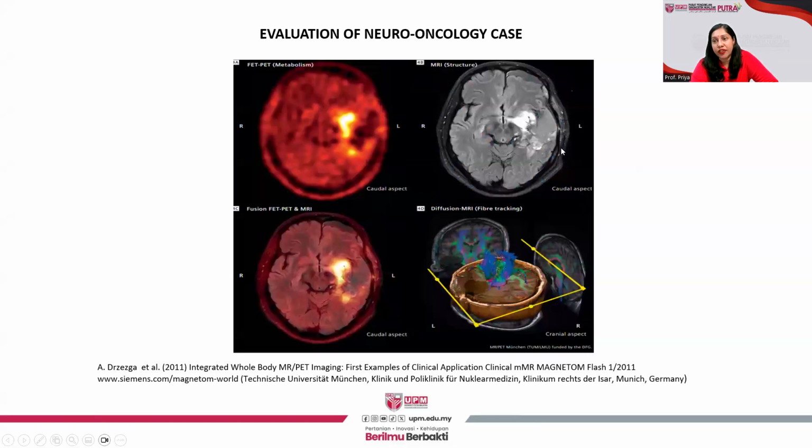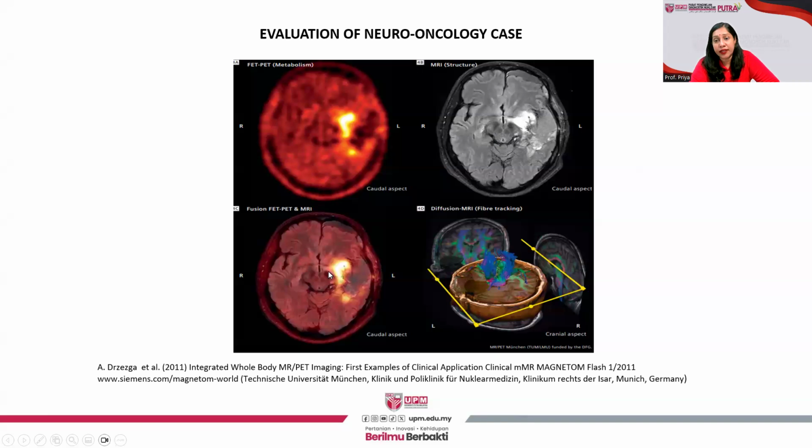Another example of clinical application of PET-MR is in neuro-oncology, whereby we can see in this patient who had a known glioma on the left side of the brain had a resection. And this scan was performed post-excision of the lesion to detect whether there was any residual tumor. Having this MR imaging actually detecting some high signal intensity in the left cerebral cortex indicates that there is a potential tumor left over